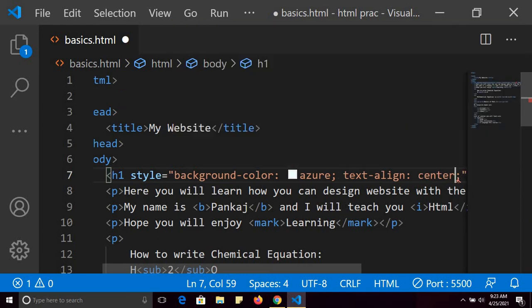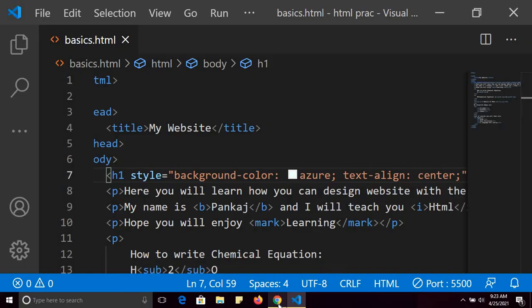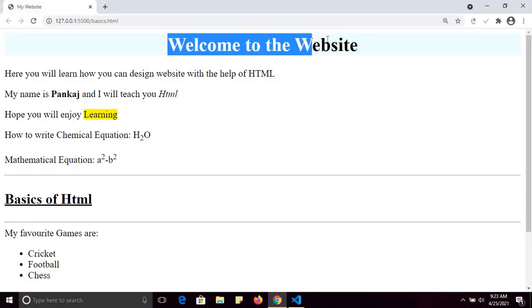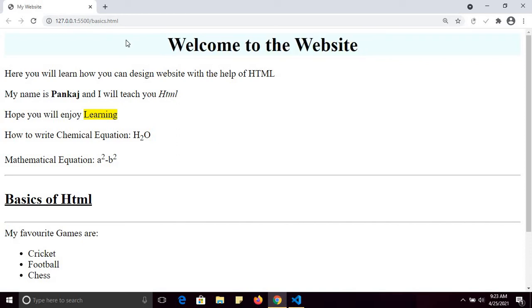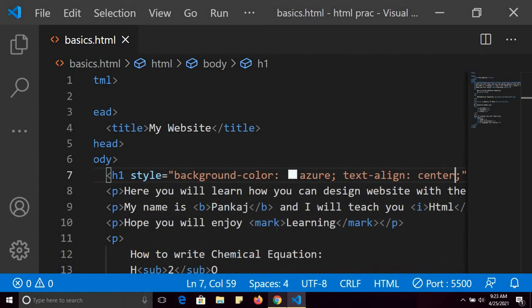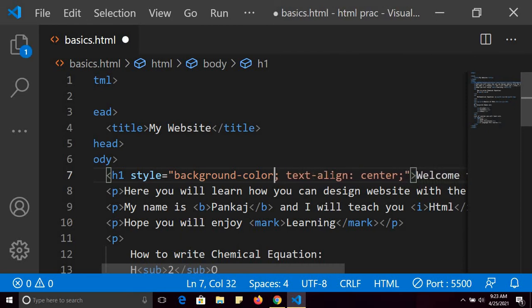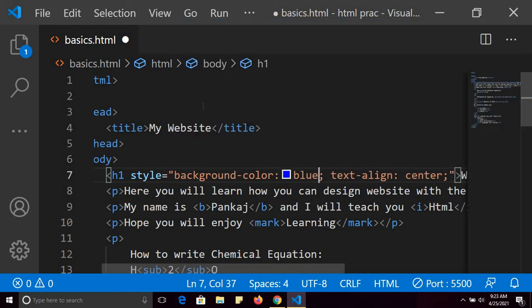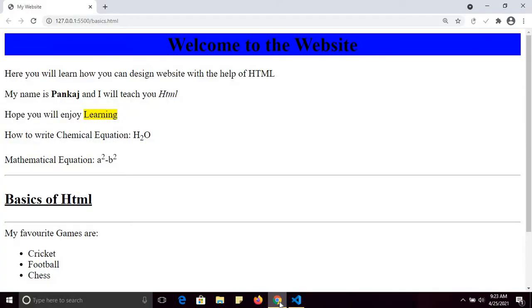I can set it to the center, and let me save and show you the output. See, now it is in the center of the web page, and its background color has been changed. If we want to change the background color to some other color, for example, blue, you can change it and see the output.